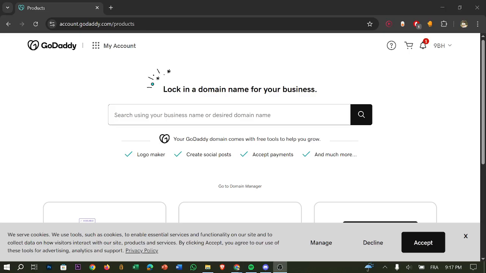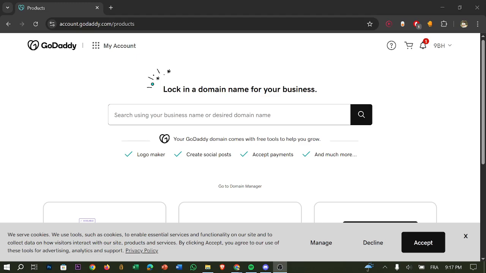So if you want to launch a simple, fast and professional website without coding, using GoDaddy Website Builder is one of the easiest options in 2026. Most beginner issues come from choosing the wrong template, skipping mobile edits, publishing incorrectly, or misunderstanding plans. So we'll avoid all of that. In this step-by-step guide, I will show you how to create a website with GoDaddy Website Builder in 2026 like